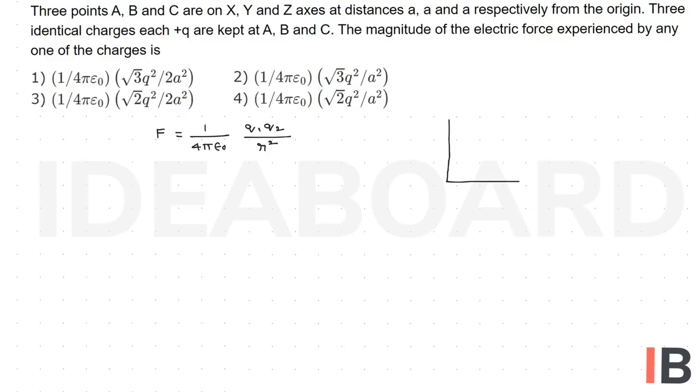The x, y, z axes are mutually perpendicular. This is the origin. At a distance a is point A, at a distance a is point B, and at a distance a another point C is there. At the three points, plus q charges are placed. So the magnitude of the electric force experienced by any charge, suppose you take this one,